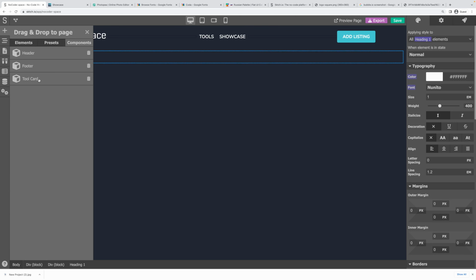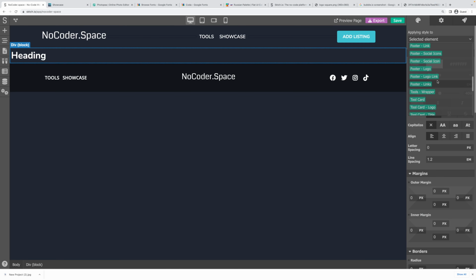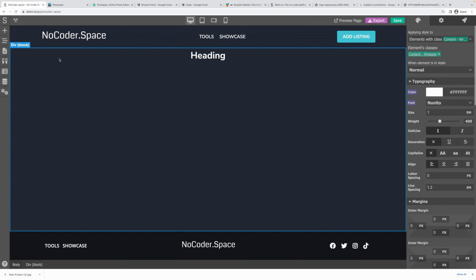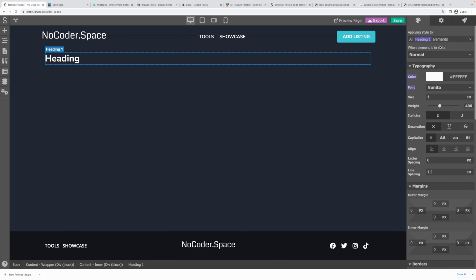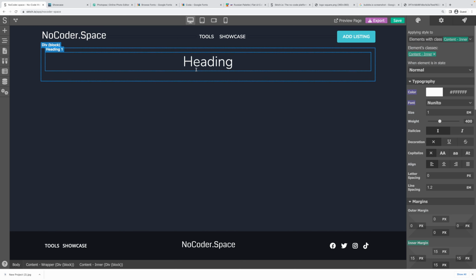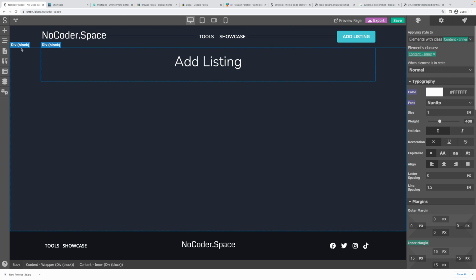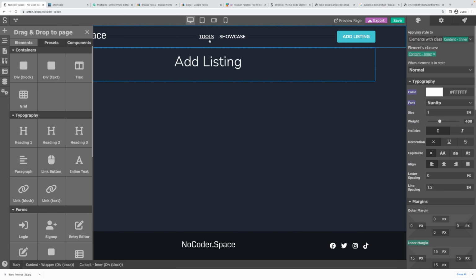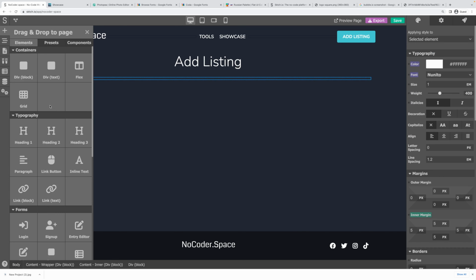All right, footer. We need to change these elements to use the classes we've created. Just like this. All right. And now we need to add the listing section. Here we want to first allow the person to either add a tool or a project. So let's add a block, and inside of it we can add maybe 2 blocks,